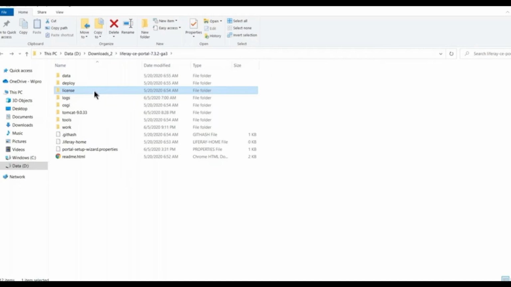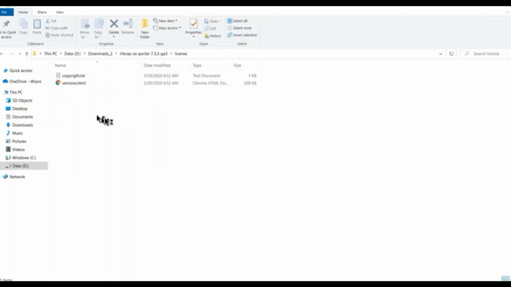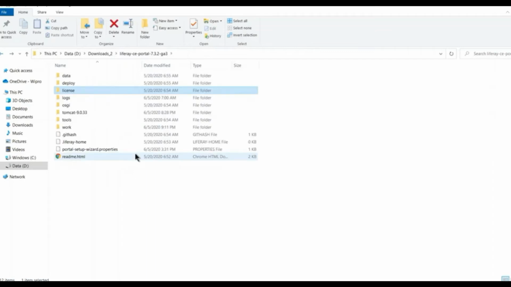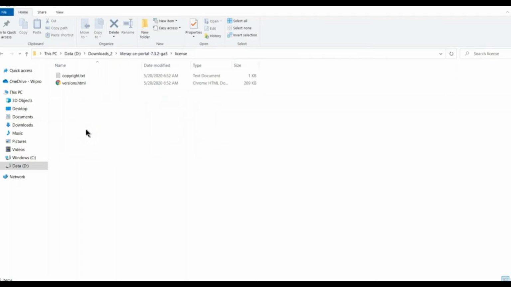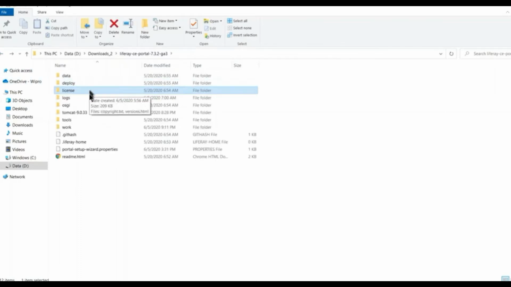And then we have the license directory. The license directory is useful when you have the enterprise version. In that case, Liferay is going to give you a license file, and you have to keep that license file in this license directory. Whenever Liferay starts, it reads that license file from here and then starts, and also sets up the configuration based on whatever licenses you have bought. When you are running community edition, this doesn't make much sense, so you don't need to bother much about this license folder.